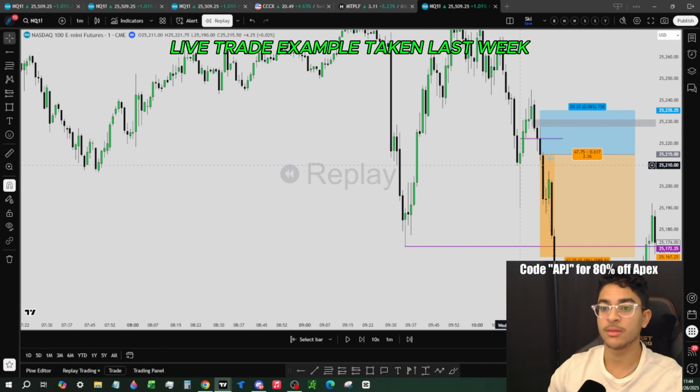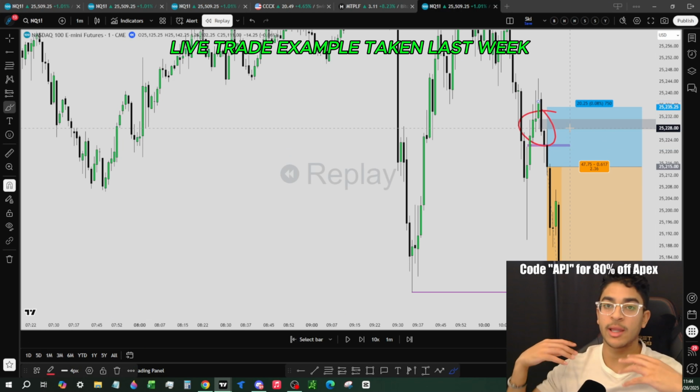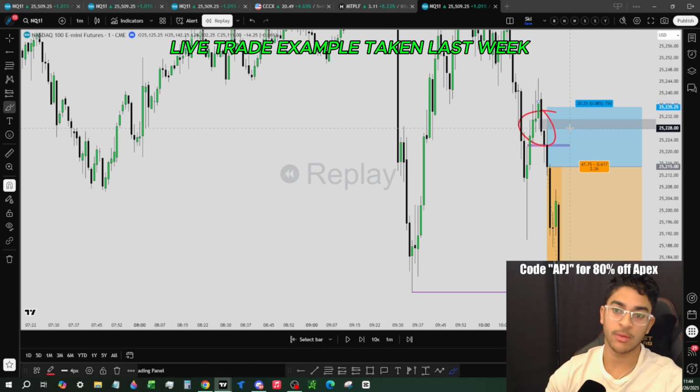Okay. This is the fair value gap we closed below. This is a freshly formed 1-minute gap here. This is a bearish fair value gap. We want to let price tap this to protect our position, right? You don't want to be stopping out before price potentially just rejects this fair value gap.